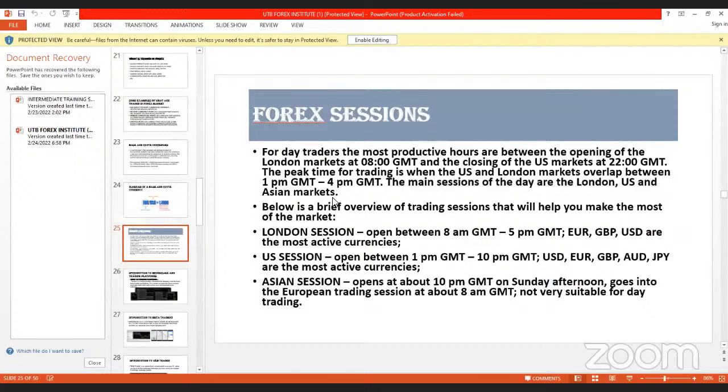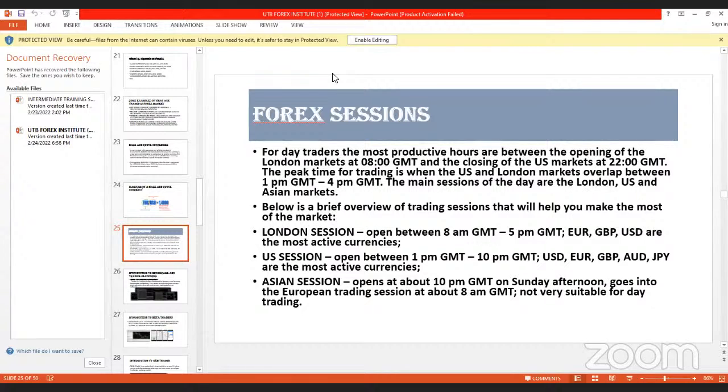So that's for that. Then there are also currencies that are more volatile, or that move more, in these time sessions. Like currencies in the Asian world, or countries in the Asian world. The Chinese yuan is not a major currency, so I'm not talking of China here. Like the Japanese yen, JPY, is in Asia. You have the AUD, it is in Asia. We have the NZD, these are the major currencies we talked about. The Swiss franc as well. All those are currencies in the Asian markets, because those are their countries.